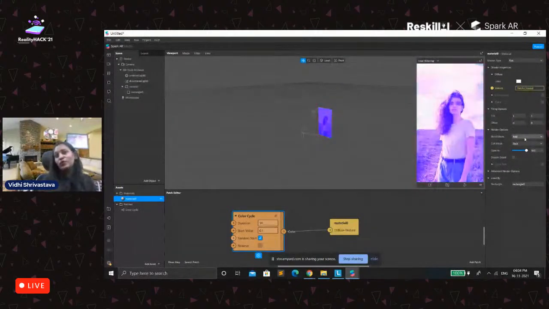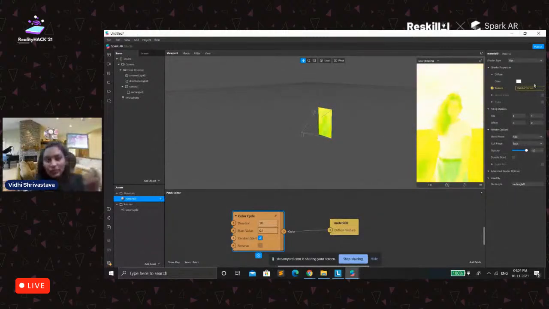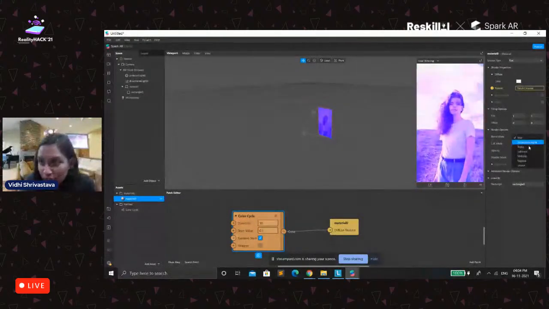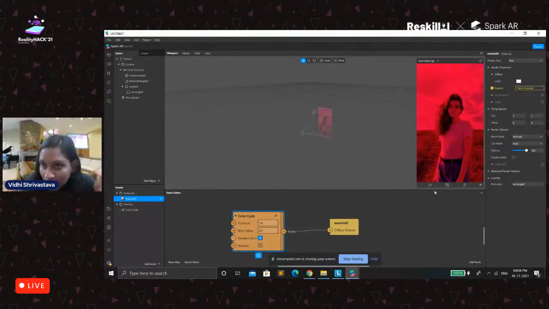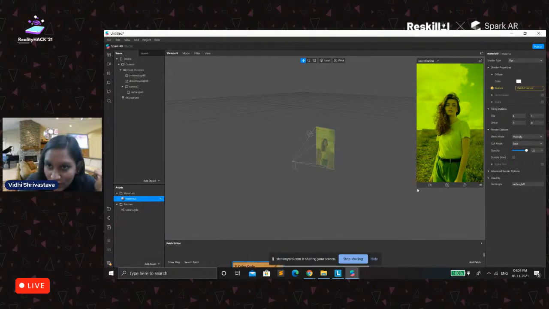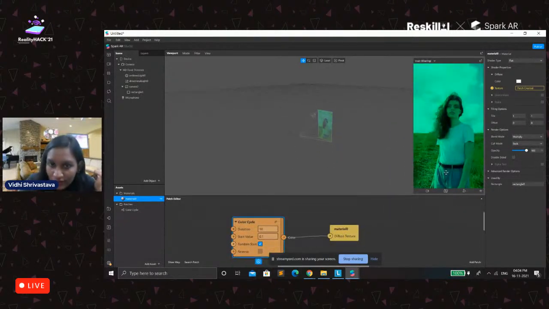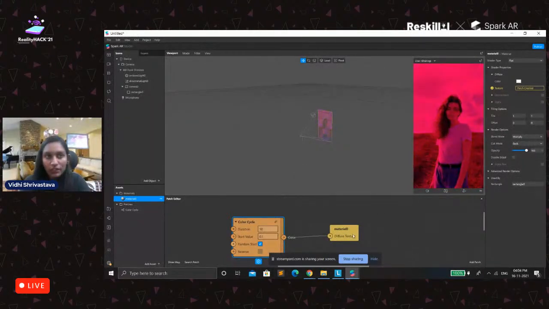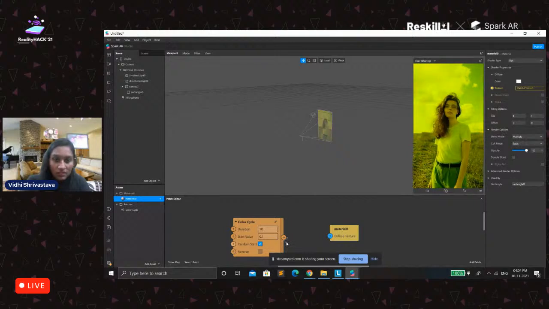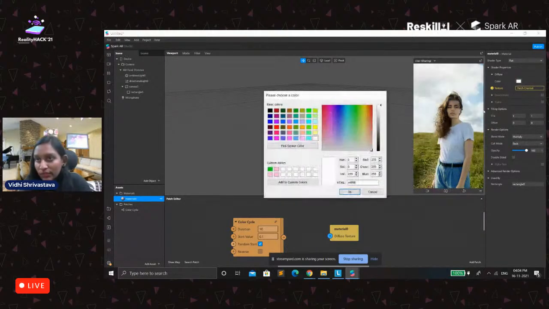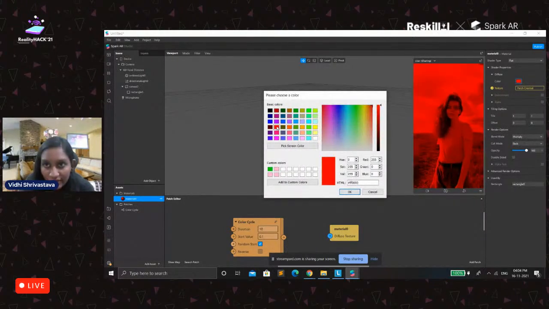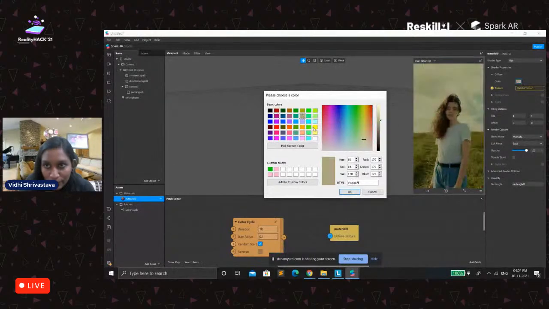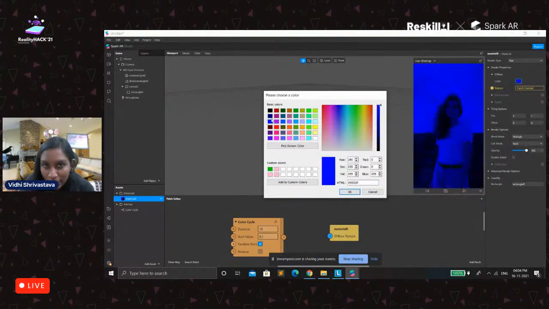It won't look good. If you want the effect to be quite more on your face as well as on your background, then go to multiply. So this looks good. If you want all these colors to be visible, and if you want a single color to be visible, then just don't attach this patch, go to the color section, and you can just add the color here. If you want a single color to be there.